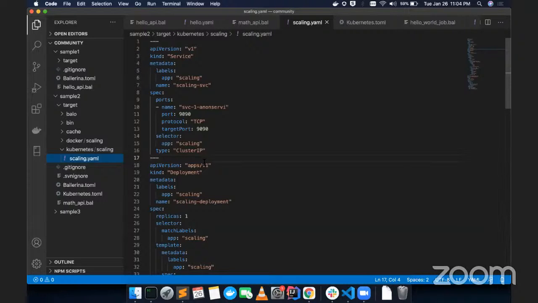Yeah. If I can add something to what Anuruddha said, Danushka, right now, as far as I understand, if you put services in a single Ballerina package, or a project in this case, all the services will be in one pod, in one bundle. But if you want to put multiple services that you can deploy independently into different pods and scale differently, then the ideal approach is to put them into multiple packages.